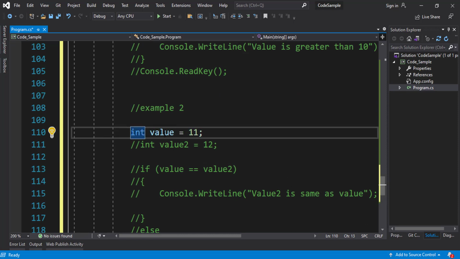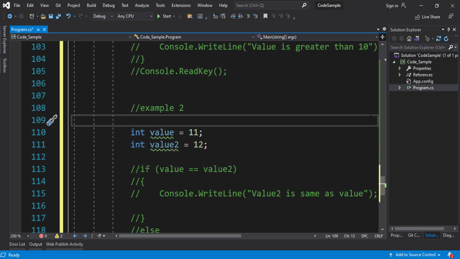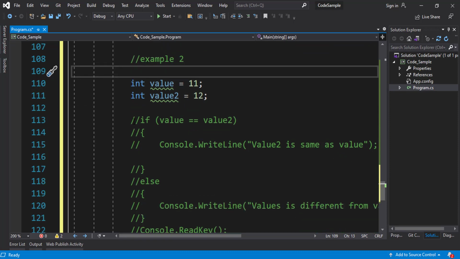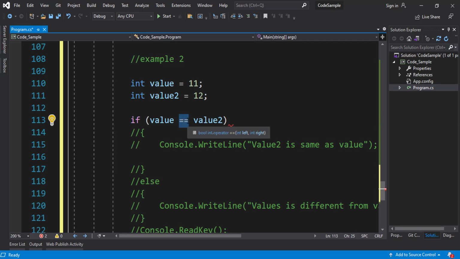Now I declare an int. I call the first value 11. I declare the second one, I call it 12. Now I have two variables. And I want to test with my looping statement. So my first statement says I'm testing if value is equal to value 2. Now, the way we write "is equal to"